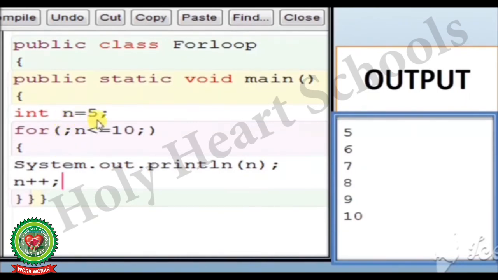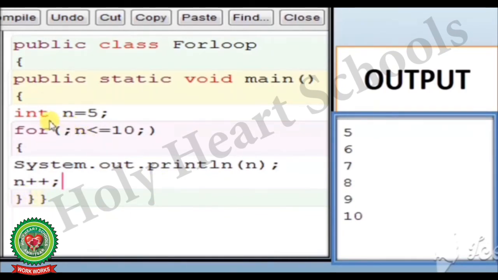The initialization, or you can say the initial expression, we have written outside the round bracket. Then inside the round bracket we have written the test condition, that is n less than equal to 10, semicolon, round bracket close, curly bracket start, system.out.println, whatever be the value of n, that is the initial value, will be printed, semicolon. And the updation part, again it is written, that is n plus plus, curly bracket close.